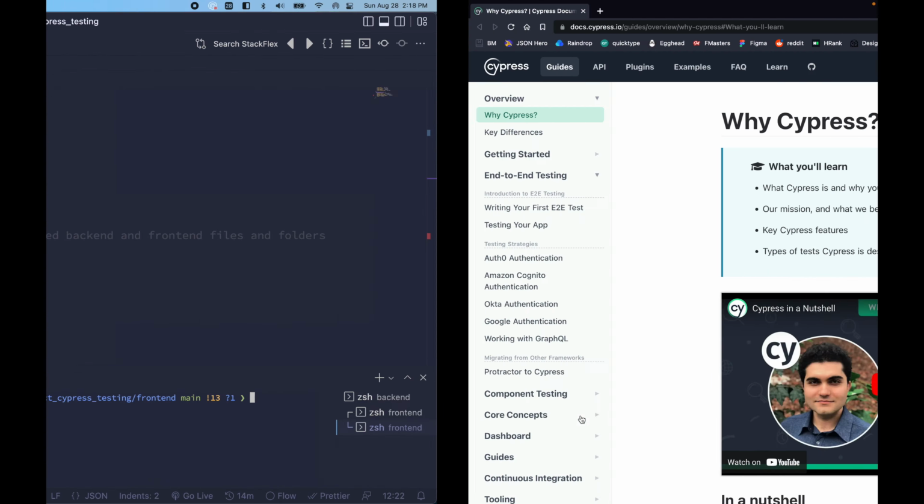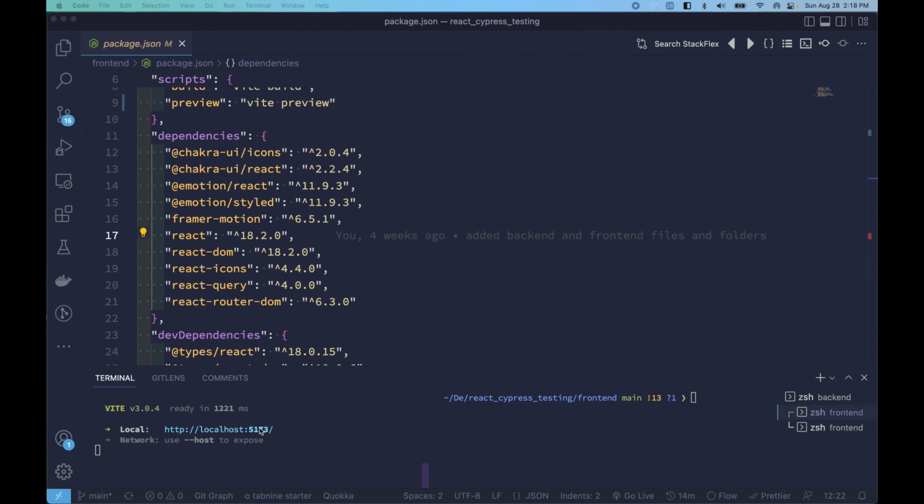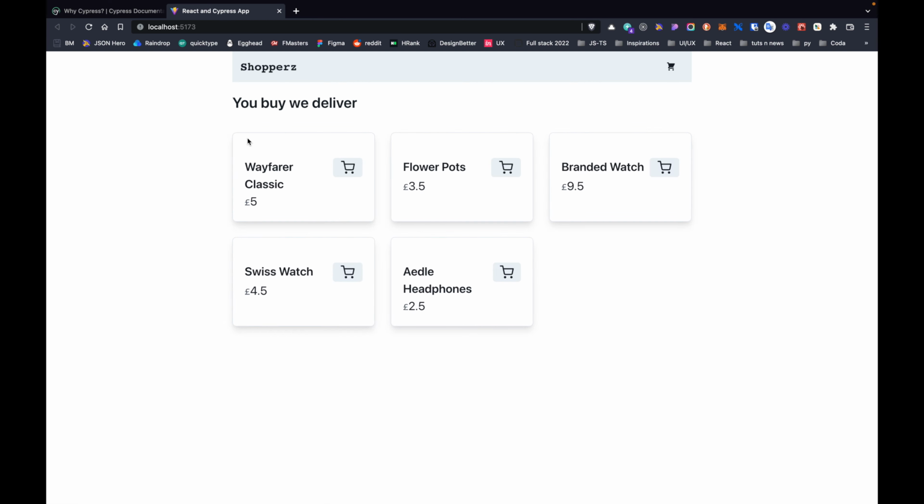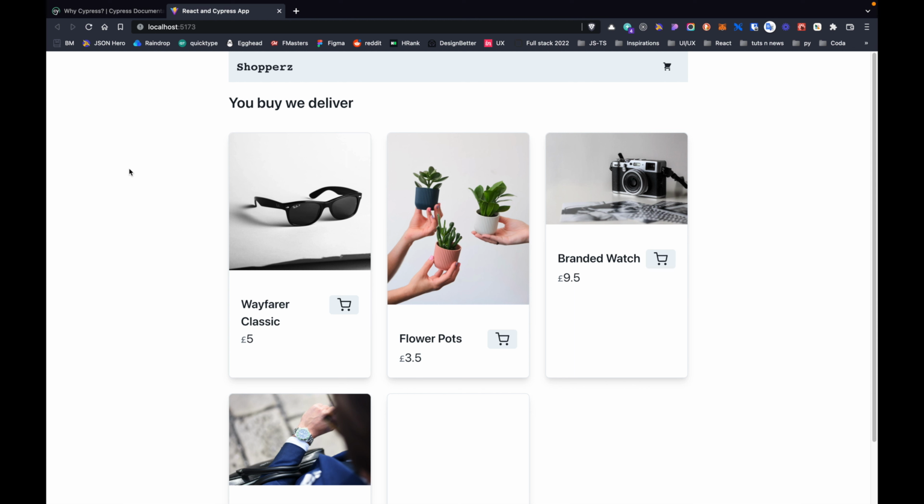So let's go to localhost 5173. Okay, we can see it loading a bit, and we can see this data. I wonder why the images are not loading here, but the images are loading now. Anyway,